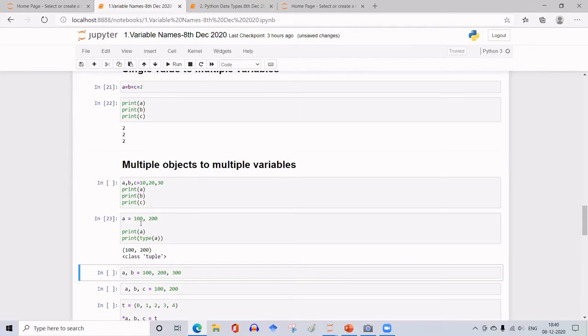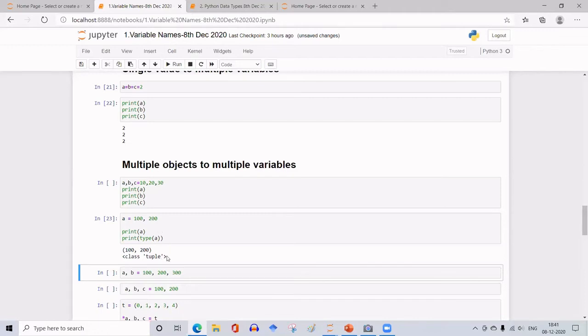Instead, A is containing what we call a tuple. That I'll explain when I take the data types. So when I print this A, it is given within brackets 100 and 200 here. That is what I have written here. And I have also given a print statement here to find out the type of A. So it is giving it as a class belonging to tuple.